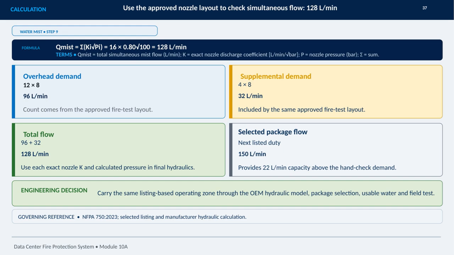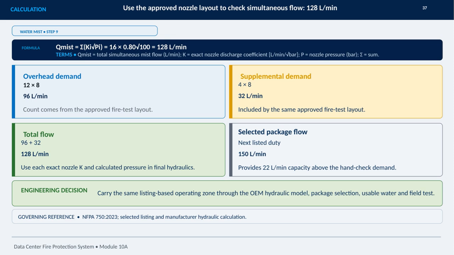The supplemental portion adds 4 more nozzles at 8 liters per minute, contributing 32 liters per minute. Together, those two approved fire test layout components total 128 liters per minute. For final hydraulics, I would use every nozzle's exact K factor and calculated pressure rather than relying only on this